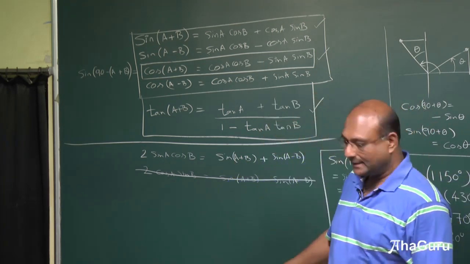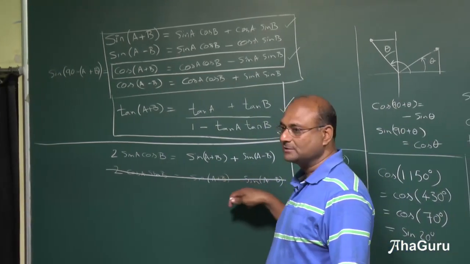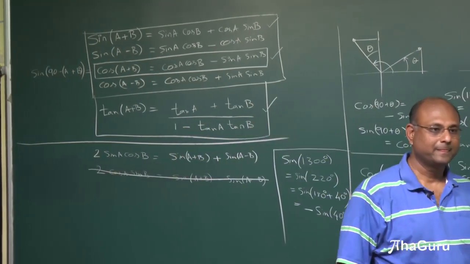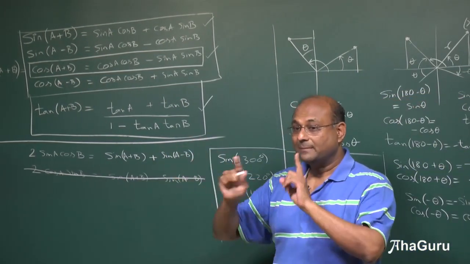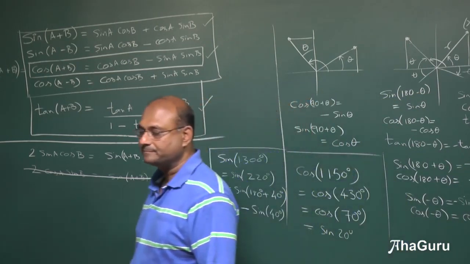They will tell you 4 formulas. If you look at the sheet book that I have given you, there are 4 formulas. I don't remember this formula. I don't want to get confused. So I will only remember sin A cos B. And then there is a nice simple addition. Sin of A plus B plus sin of A minus B. But the A minus B may be negative. When it becomes negative, worry about it then.